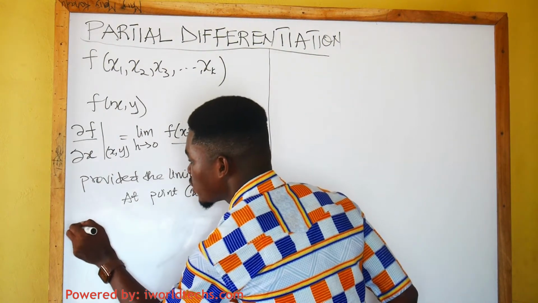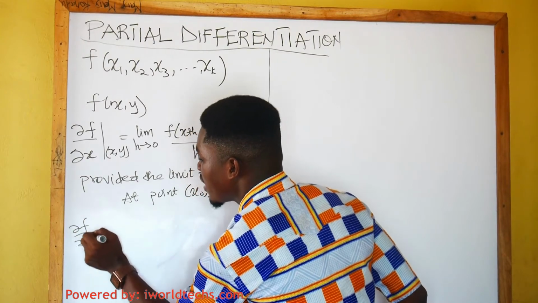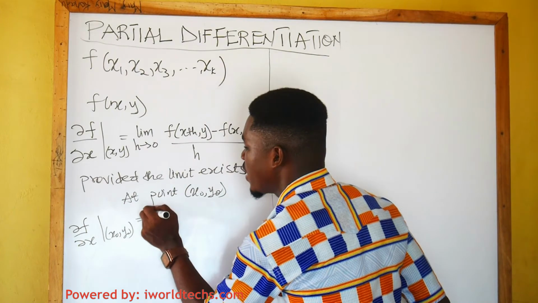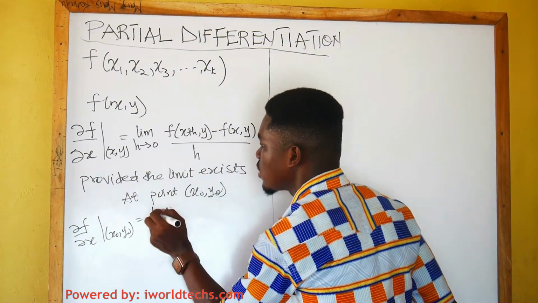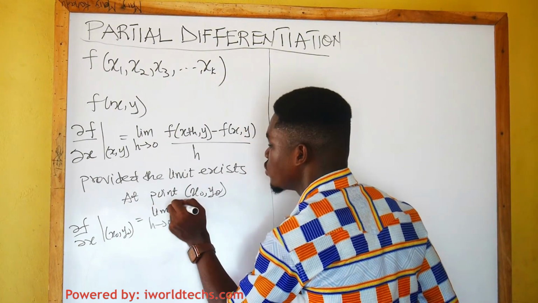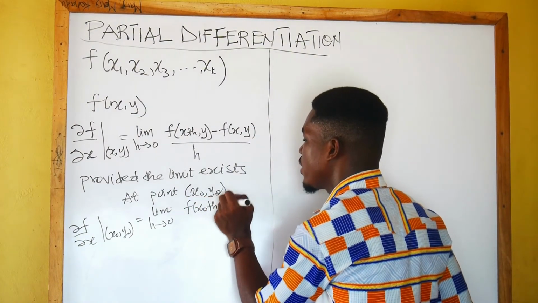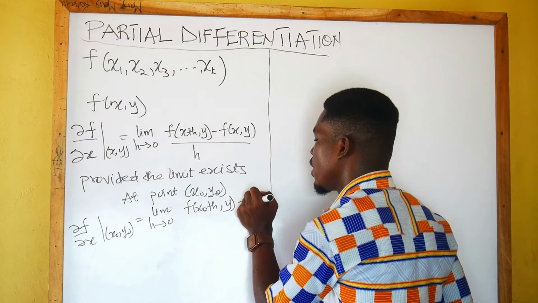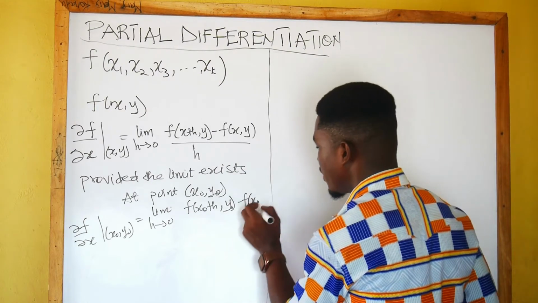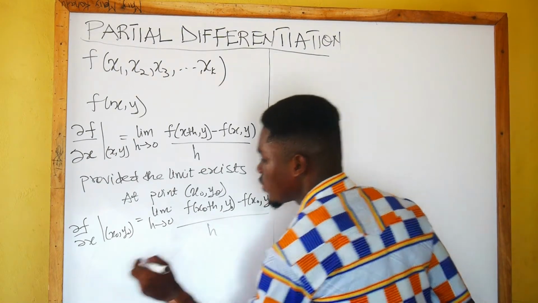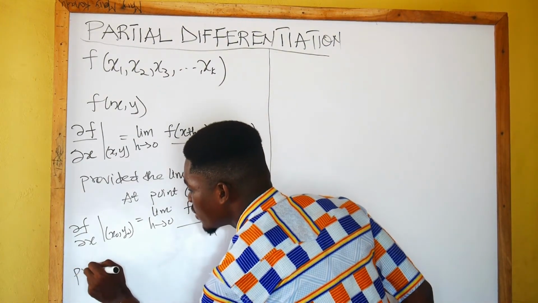Okay, so partial f partial x at (x naught, y naught) is given by the limit as h approaches 0, f of (x naught plus h, y) minus f of (x naught, y naught), all divided by h, provided